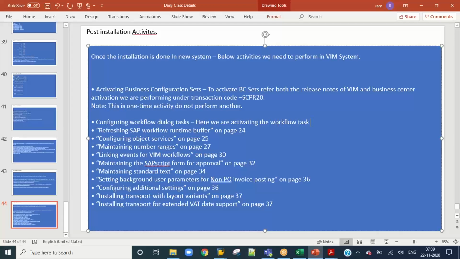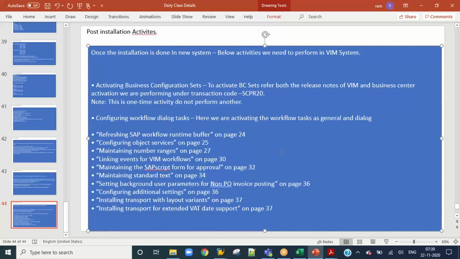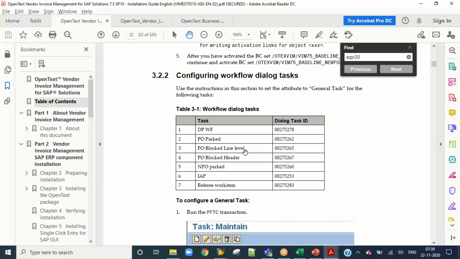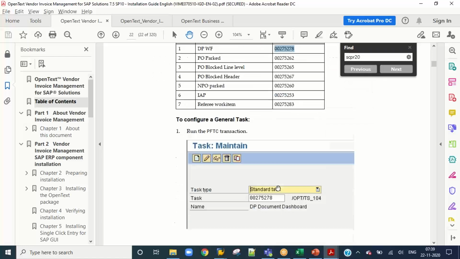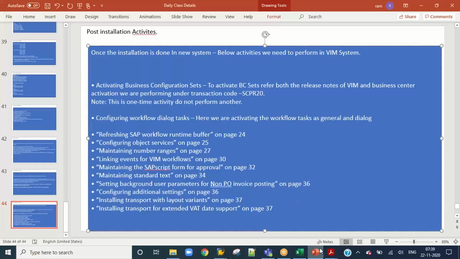I said yes. Okay. Workflow task as general and dialog. So we have both the business center related tasks at the same time, Vim related tasks. So here we can see you need to go to PFTC to do this. I'll just make it here. So all the below steps you need to perform